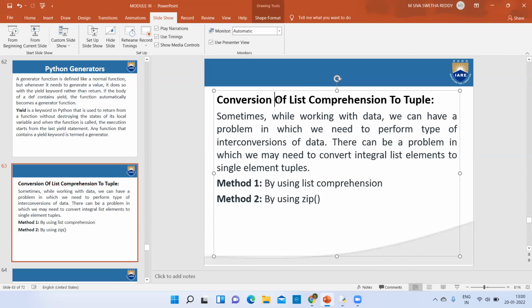In order to convert single integral list elements to single element tuples,